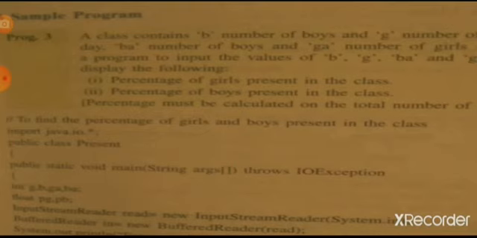First we have to make an object of InputStreamReader and BufferedReader. Then whatever is stored in the object will be read and converted into the desired type. That means Integer.parseInt for integer, Float.parseFloat for float, and for double it will be Double.parseDouble. For string, there is no need of conversion, just read it: object name dot readLine. Okay.